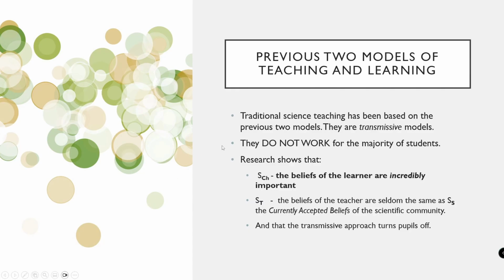So these are called the traditional models, where they're the transmissive models, where the teacher goes out and talks at you and says, here's the knowledge, and you're going to give that back to me. It inherently leads to low-level forms of assessment, low cognitive levels like multiple choice, like note-taking and those sorts of things. And they do not work for the majority of students. And they do not prepare students, even if they are successful in that model, for the type of learning and engagement that is required when they exit your classroom, when they go into higher education, into professions, into jobs, into careers,